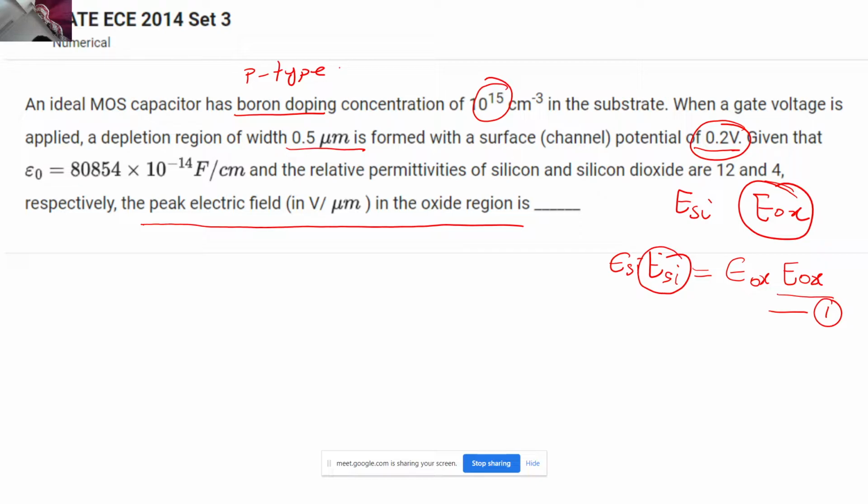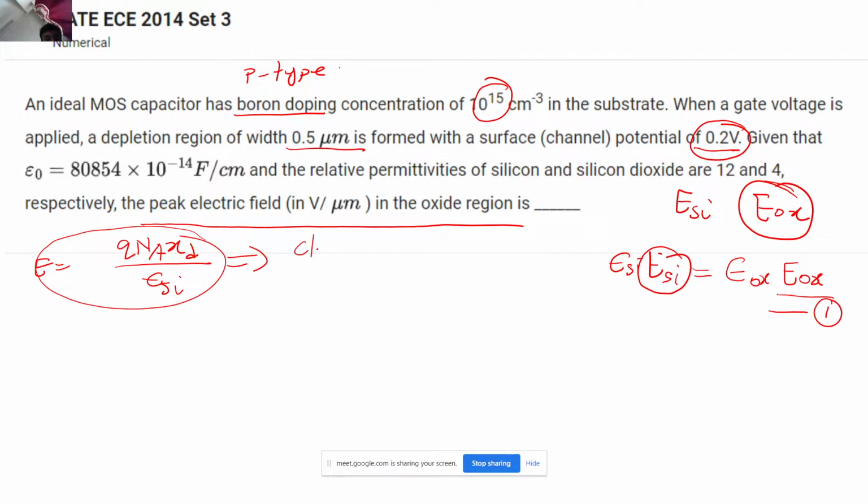So we can use a formula for the electric field, in the silicon, in the semiconductor part. Okay, so you are saying we have the charge Q N A into XD, right? So now what he's saying is use this formula, right? Yes. Okay, great, good. Now can I do one thing? Instead of using this, can I use another formula?